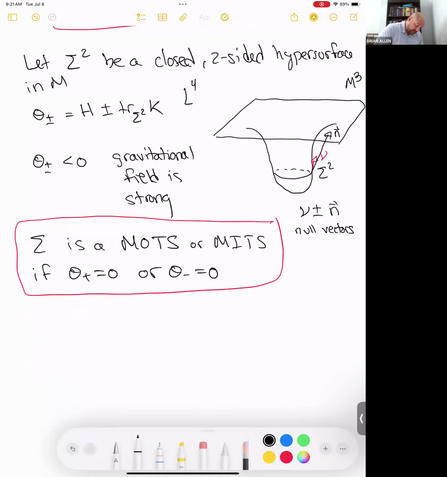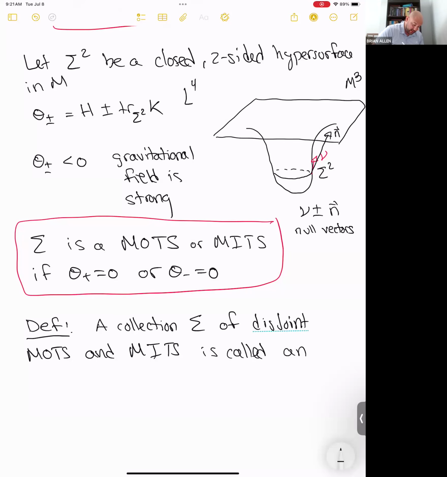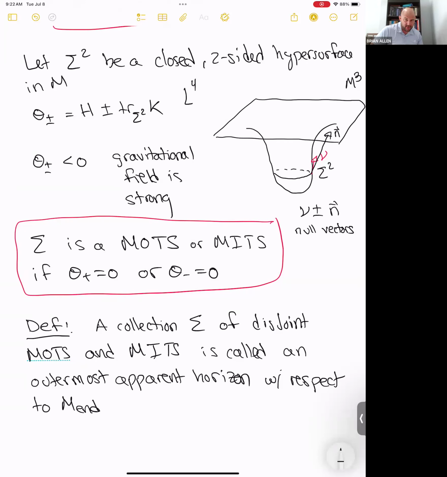So let's see, the last thing I need is: we say a collection sigma of disjoint MOTS and MITS is called an outermost apparent horizon with respect to an end. Really, you need to know what end you're talking about, because you need to know what's the